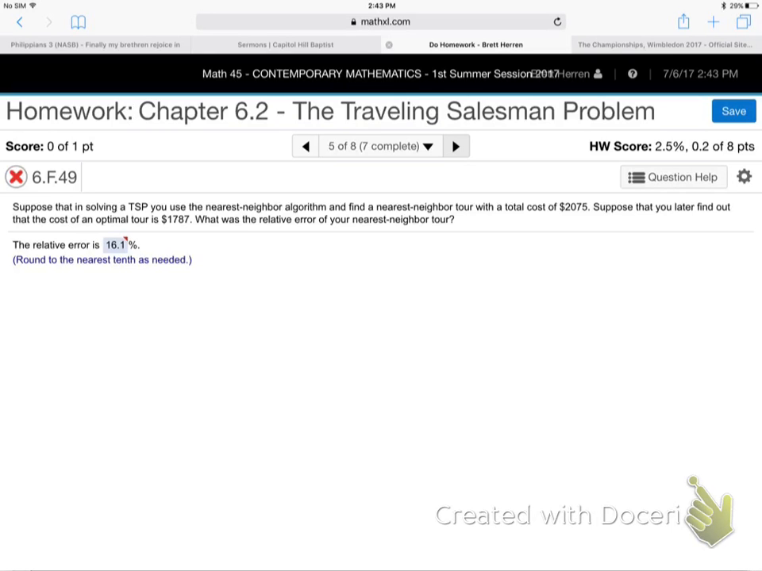All right, suppose that in solving a TSP, that means traveling salesman problem, you use the nearest neighbor algorithm and find a nearest neighbor tour with total cost of $20.75. Suppose that you later find out that the cost of the optimal, what does optimal mean? Best. The best answer was really $17.87. What was the relative error of your nearest neighbor tour? Error